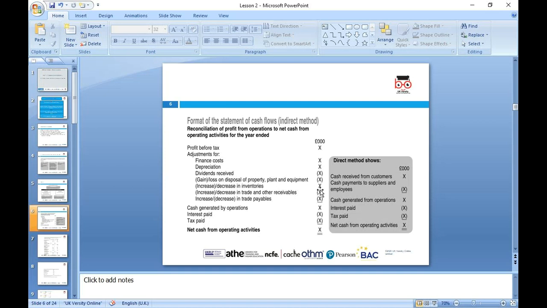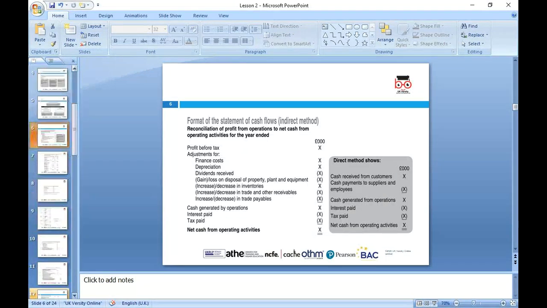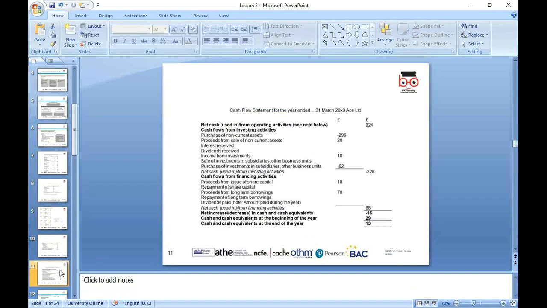Then we have interest paid, how much interest was paid, and the tax paid during the year, and the net cash from operating activity. If we're using the direct method, we'll say cash from customers, cash to suppliers, cash generated, interest paid, tax paid, and we can make it. So most companies use the indirect method, and the direct method is the other option. Next, we look further at the other activities. So the other activities are net cash from operating activities, net cash from